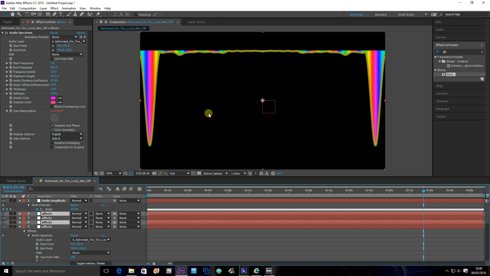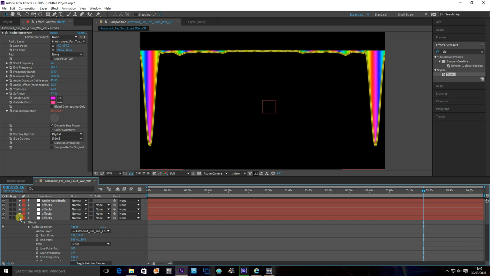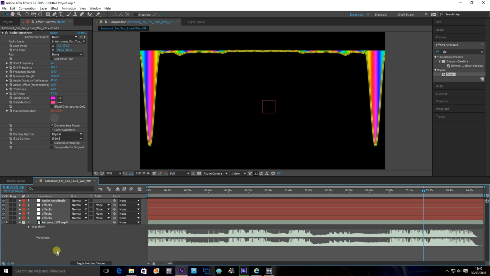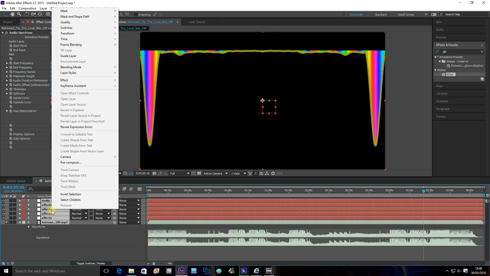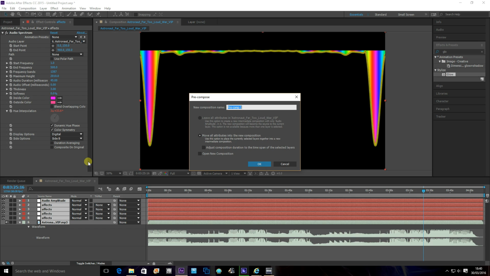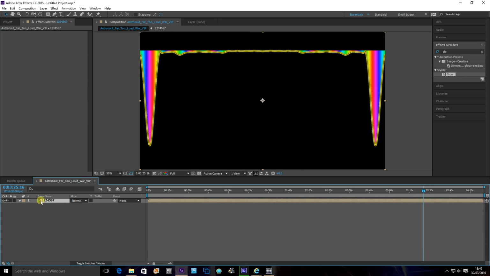Because when we make this round, you'll see that when these would normally be out here, they'd just be coming off the screen and you wouldn't be able to see it. And now we've got that. So now what you want to do is press Alt, then press and hold your mouse button at the same time, drag it all up, right click, pre-compose, type in some gibberish, numbers, and just change it to one file,